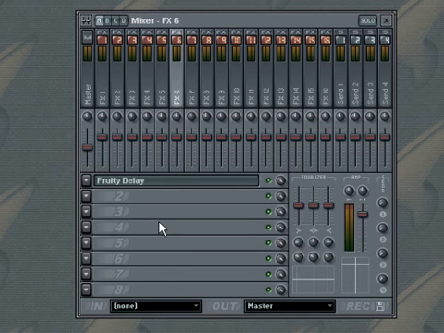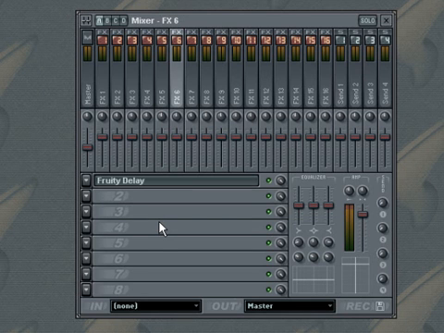FL Studio supports VST, VST2, DirectX, and DirectX 2, as well as Buzz plugins, as well as its own proprietary internal effect format. In order to be accessible within FL Studio, the different kinds of external effects must be properly installed. DirectX effects are registered with your system upon installation, and FL Studio will automatically detect them. VST plugins, however, must be installed to the VST plugins folder, which you can find in the installation folder of